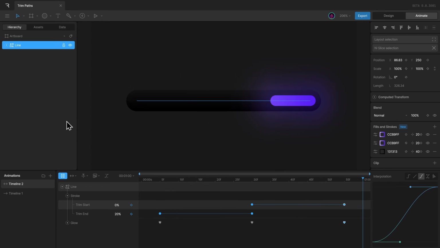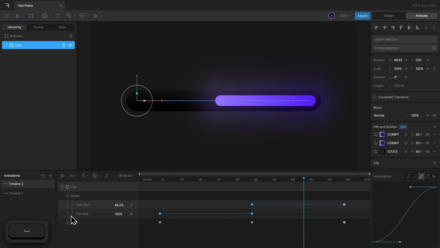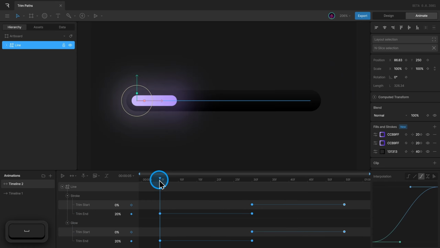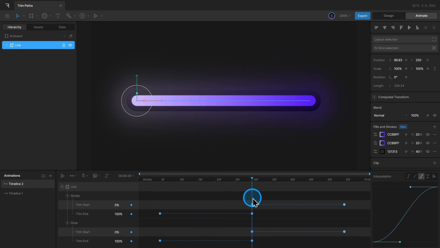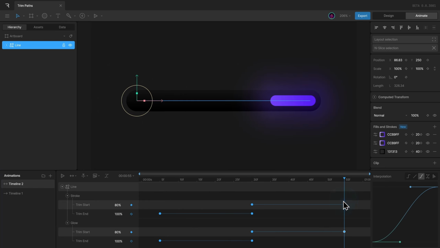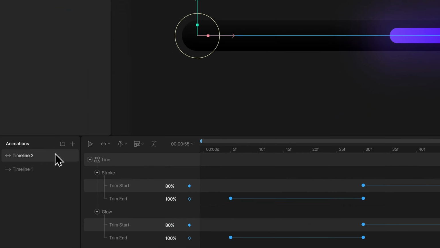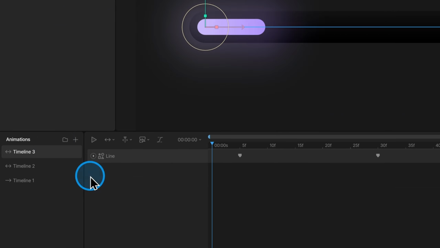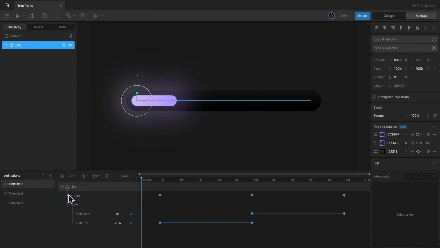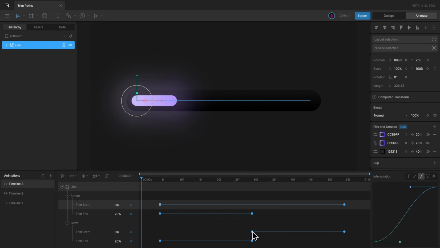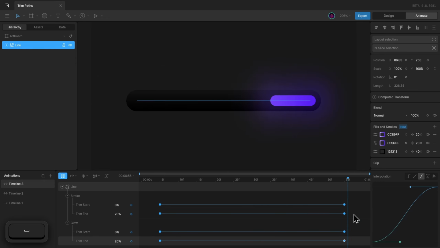We can use another trick, that is offsetting the keyframes. Instead of starting the animation one after the other, that is first of all, we play the trim end animation and then the trim start. Instead, we can play them at the same time with a bit of an offset. To do that, I can create a new timeline, that is a duplicate of this, and then open the stroke options and then position the keyframes to be the same as each other. So they start at the same time. And if I play the animation now, it will look like as if we are